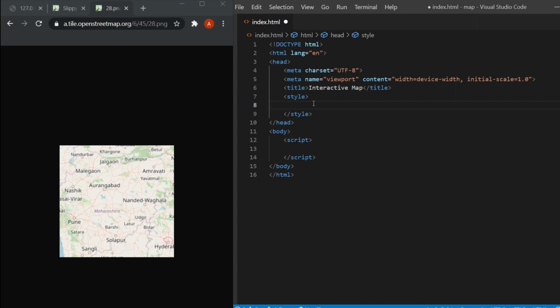So let's come back to our example. We did get a proper image here, but realistically speaking, how do we actually know the X and Y values for a particular location at any zoom level? We'd only know the latitude and longitude of the location, and the zoom level is something that we can customize according to our need. So the only variables missing in the equation are the X and Y values. So how do we use our latitude and longitude to actually get those values? Well, luckily we can just use mathematics to do so.